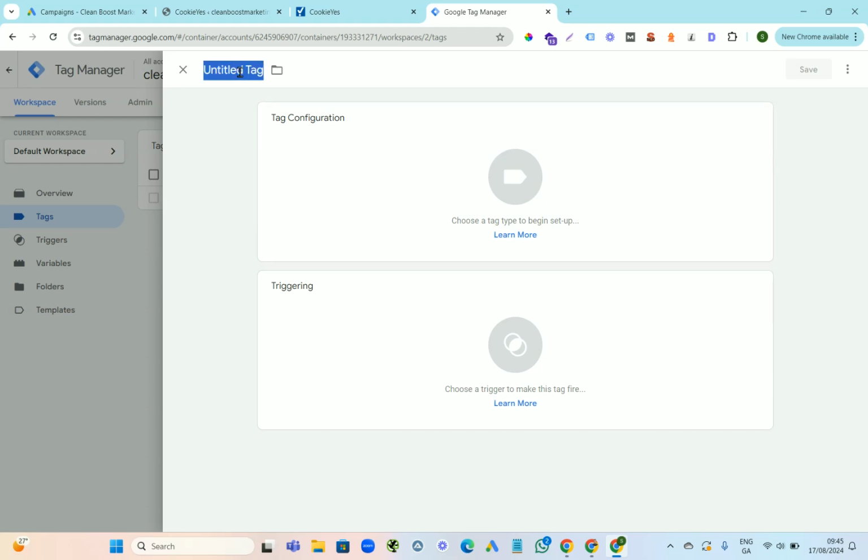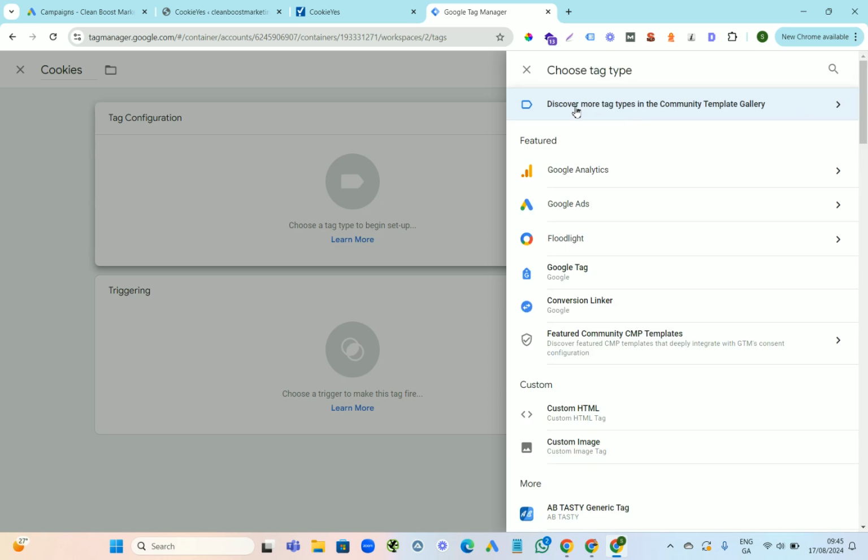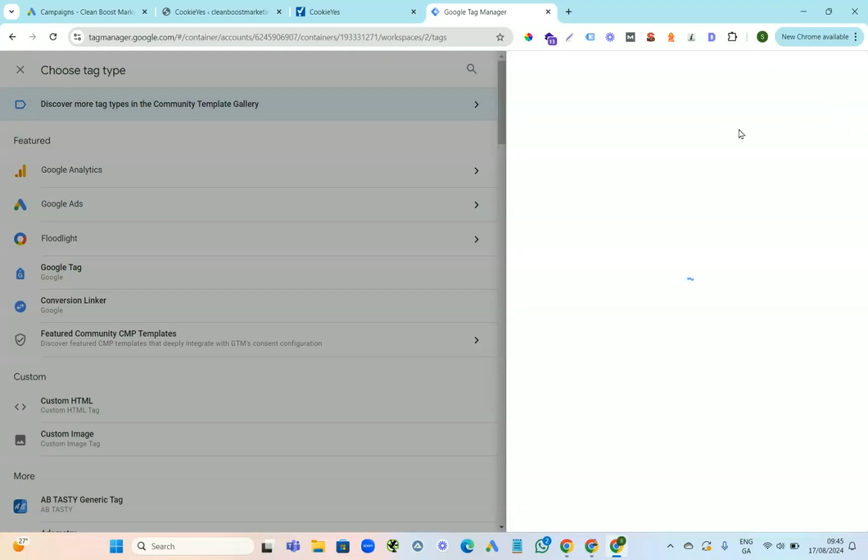and this one you're not going to be able to see. It's harder to find, so I'm going to show you how to do it. So I'm going to call this one the cookies. So this is just what I'm naming it. You can name it something yourself. So we come up to tag configuration, we press the pencil, and then you need to go to discover more tag types right up here. You press this,